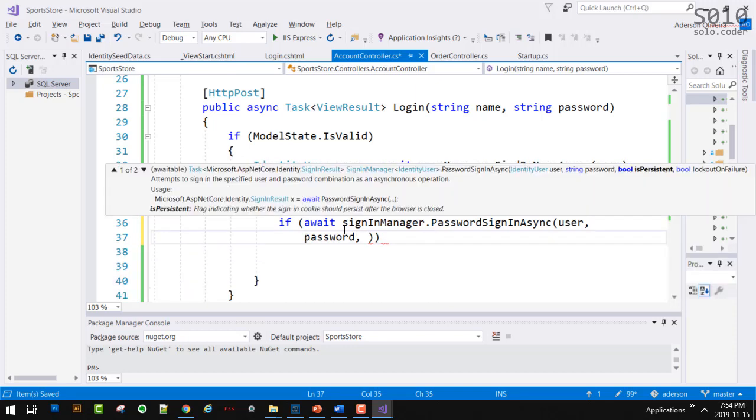Well, this is persistent. This is what would keep the user logged in from one session to the other, from opening the browser once to the next one. We will keep this as false. And the last one is in case the user fails to log in properly with the wrong password, should we lock that account? Should we lock them down from trying again?